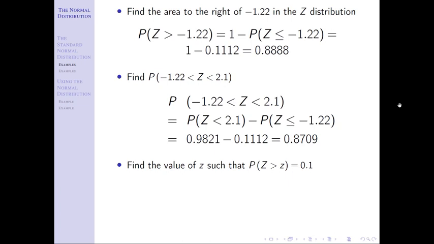So instead, I'm going to have to look up a probability on the inside of the table. But notice again, I have the same issue here that I had above, in that my area on that z-table is always to the left of, which means that I need a less than probability. Notice this probability statement is greater than. So instead, as before, I'm going to work with a complement. How do I do that? I rewrite this probability statement